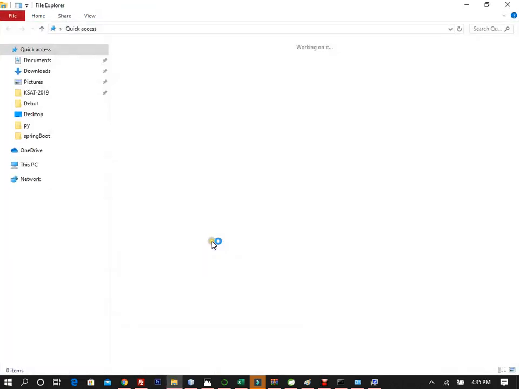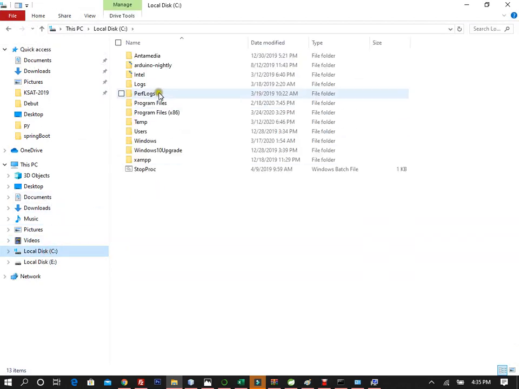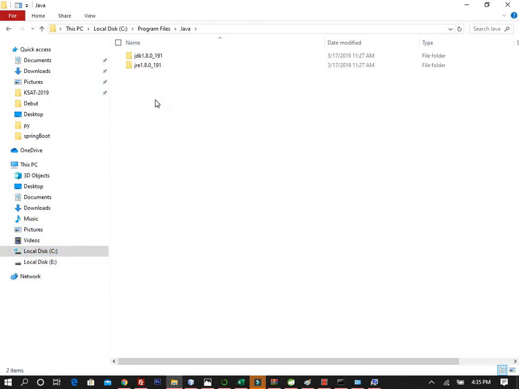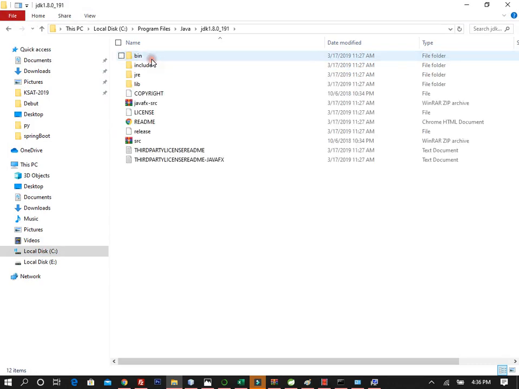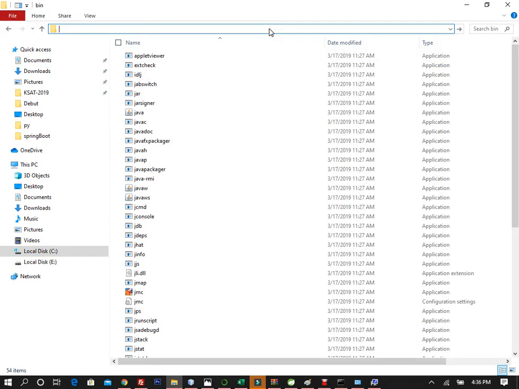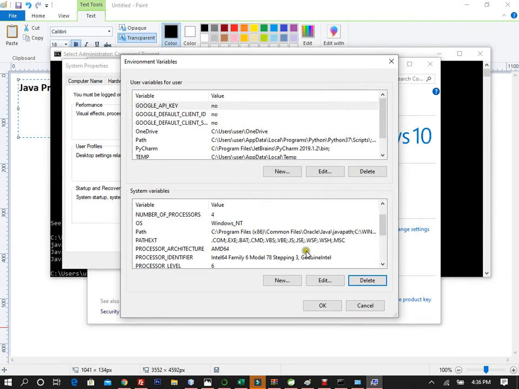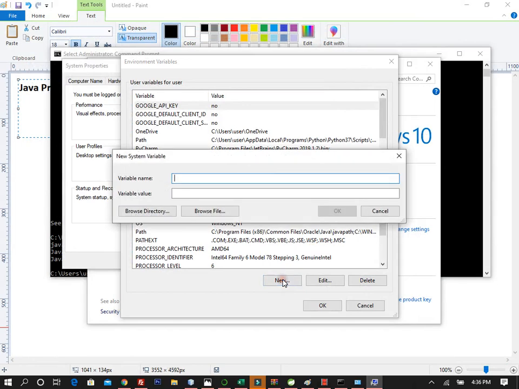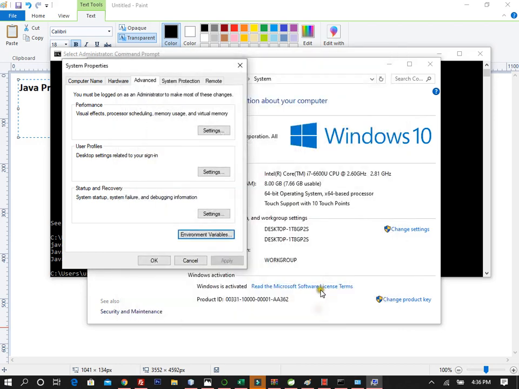So first I'll copy the path and go to C, Program Files, and search for Java, and you can see Java 1.8 is here. I'll go to bin and copy the path. After I copy the path, underneath the system variables, click new, type JAVA_HOME in capitals, and type the destination, which is C, Program Files, Java, JDK 1.8, bin, click OK, OK,